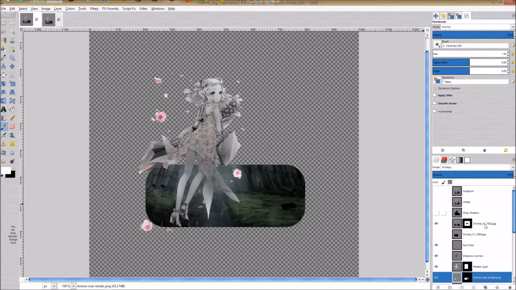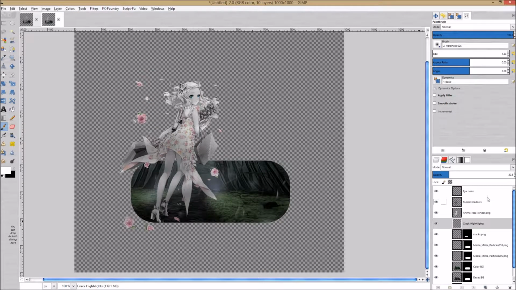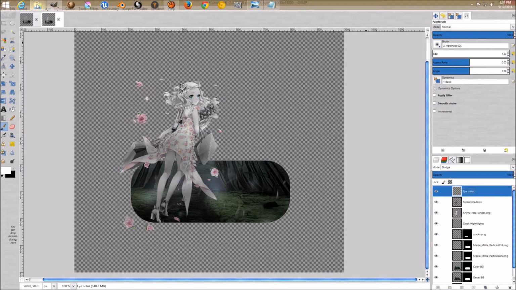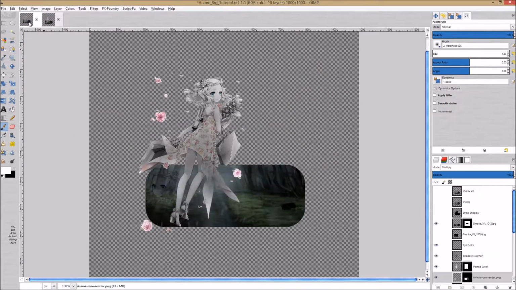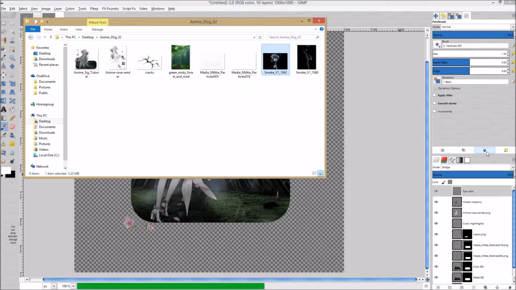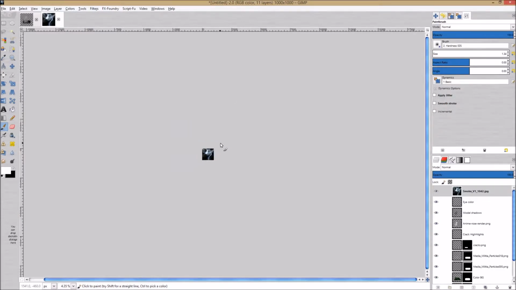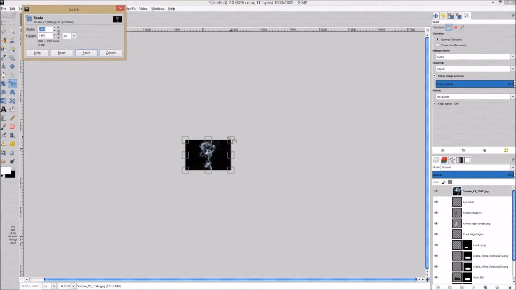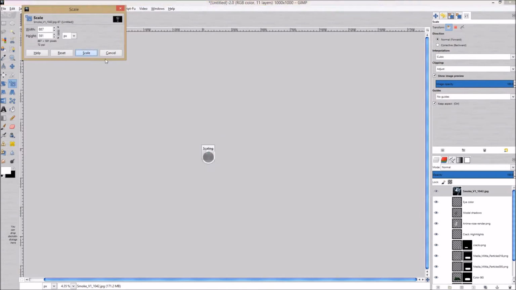Okay, let's go ahead and we are gonna do something with some smoke in here. So let's click on the eye color, and let's drag and drop. Which one did I use? 2. Drag and drop this one in there, and it's going to be super huge. So we're going to zoom way out, press Shift T on our keyboard, and lower this down. Press scale,